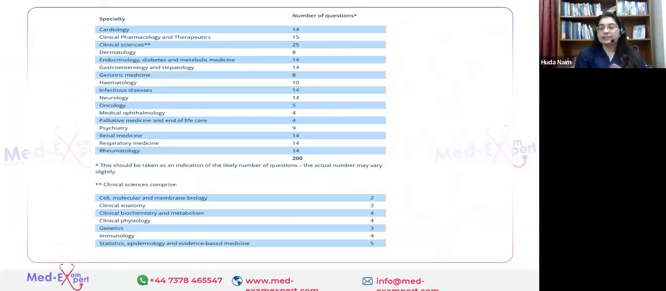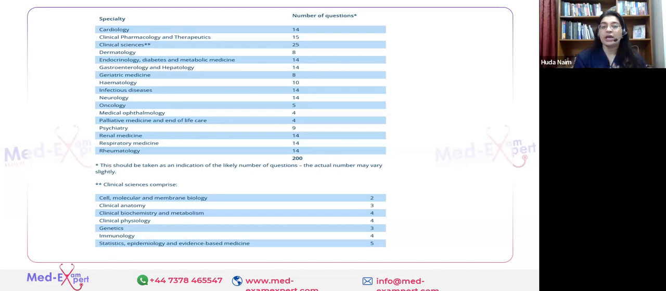Okay. Now, this is a rough analysis of the number of questions, and this is from the Royal College of Physicians website. It gives you an idea of how much you need to know. What are the average number of questions that you would be getting from each system? So cardiology, endocrinology, gastroenterology, infectious diseases, neurology, renal medicine, all of them have around 14 to 15 questions out of those 200 questions. And clinical sciences has 25 questions, and out of those 25, you have further subdivisions from biostatistics,